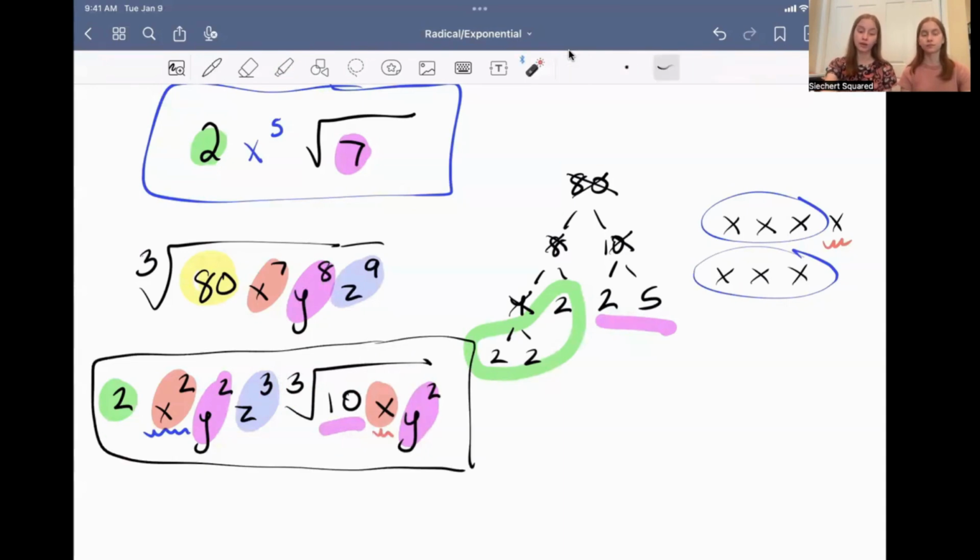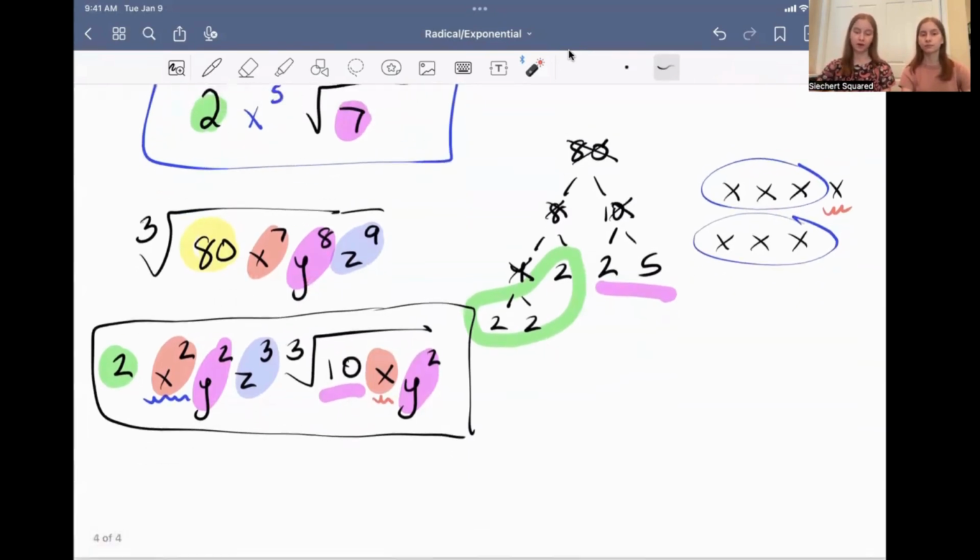Just one little note on writing your answer. The order that you write the letters doesn't matter. However, you are going to find that most people tend to just put it in alphabetical order, especially because that tends to be the order that it's written in, and so most people just go one letter at a time. Okay, and then for our last one,